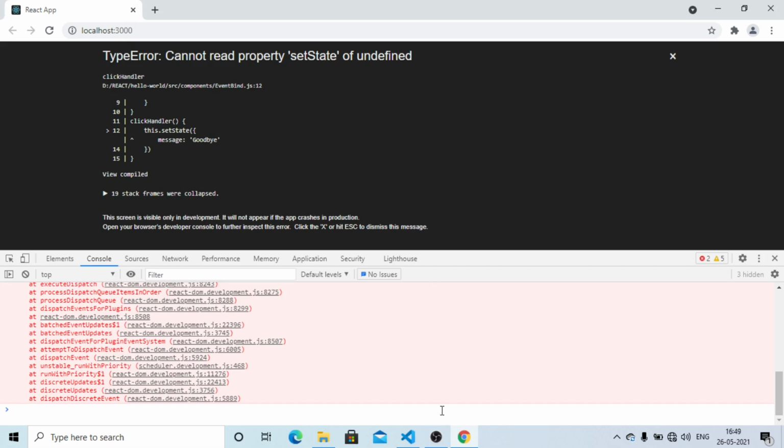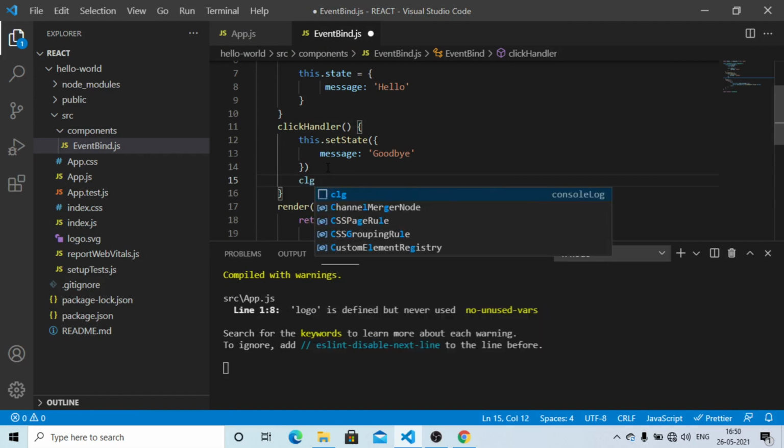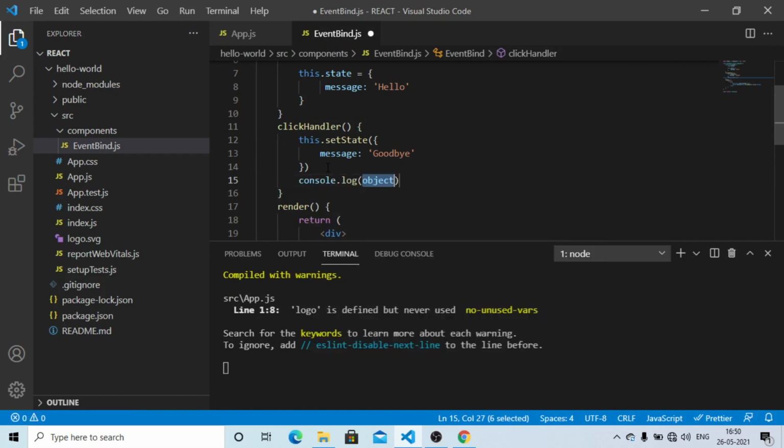So now here we would like to log the this keyword onto the console, using the React snippet clg tab console.log.